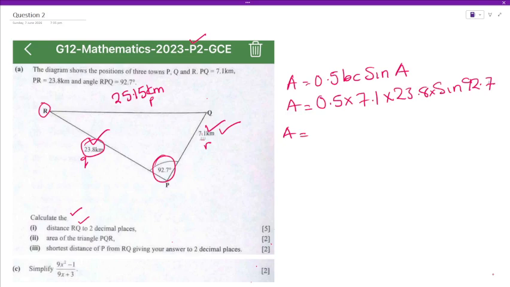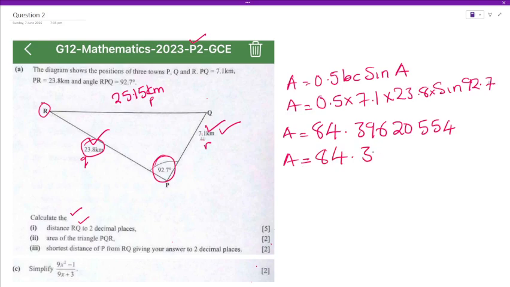92.7. I confirm that I've punched the correct values. 0.5 times 7.1 times 23.8 times sine 92.7. Okay, so that gives me 84.396 20554. When you round that off to 2 decimal places, it gives you